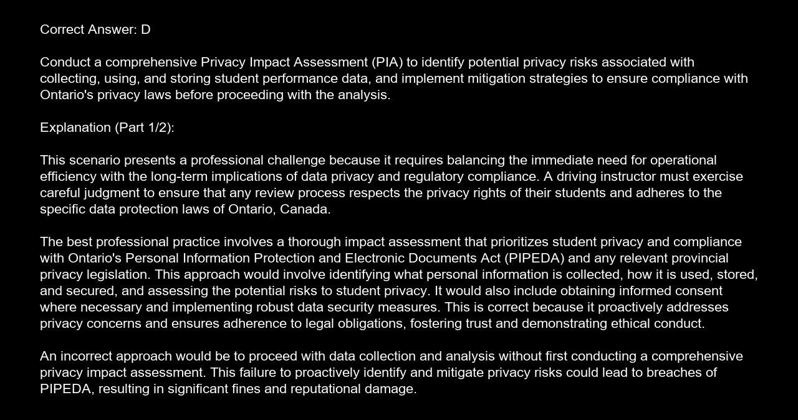This approach would involve identifying what personal information is collected, how it is used, stored, and secured, and assessing the potential risks to student privacy. It would also include obtaining informed consent where necessary and implementing robust data security measures. This is correct because it proactively addresses privacy concerns and ensures adherence to legal obligations, fostering trust and demonstrating ethical